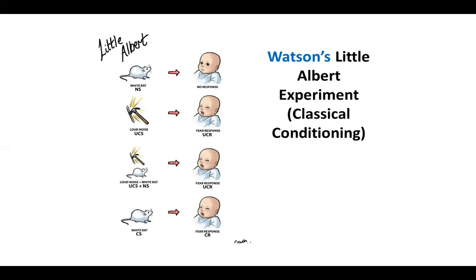And just like Pavlov did the conditioning phase with the dogs more than once, Watson did the same thing with Little Albert. And then now this last picture here represents post-conditioning or after conditioning. And what would Watson do? He would present the rat. He would not make the scary noise though. And how would Little Albert respond? He would cry and act afraid of the rat.